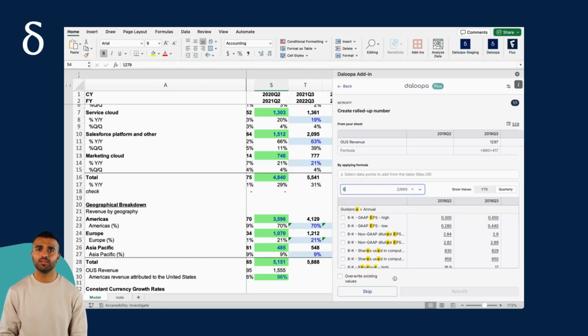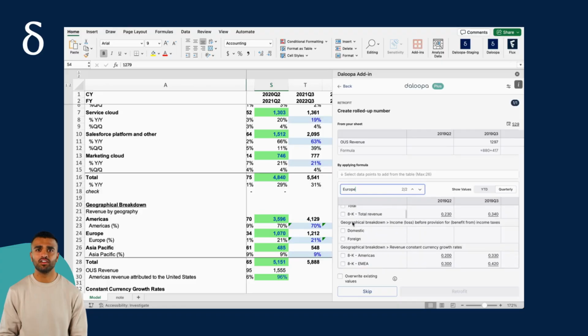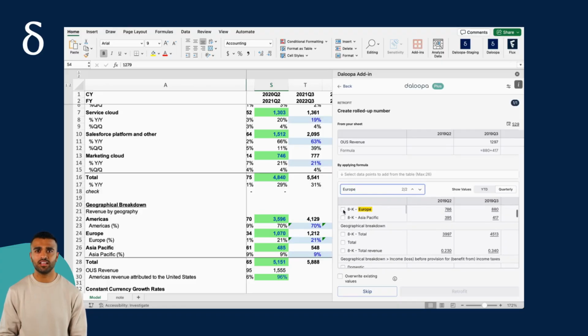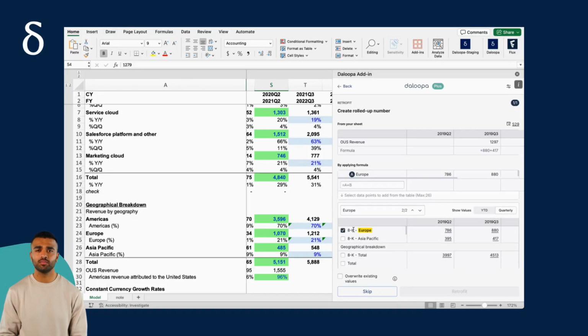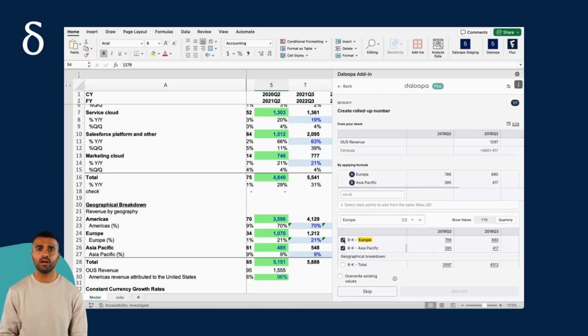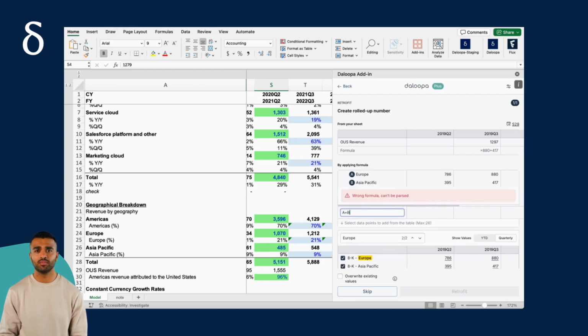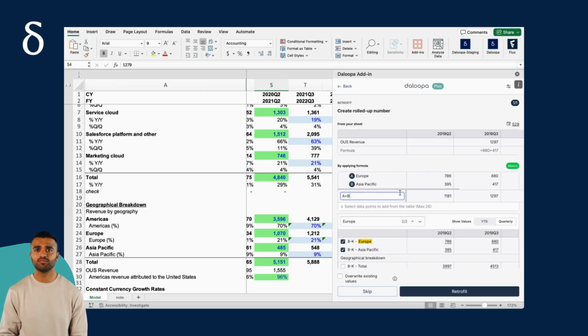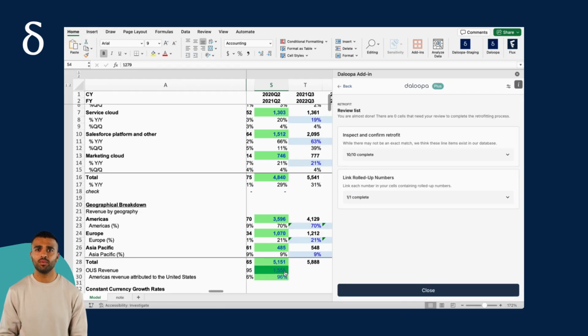We will find our first input, which in this case is Europe revenue, and check the box next to it. This has now assigned the variable A to the European revenue data row. We will then find our second input, which is Asia Pacific revenue, and we will check the box which assigns the variable B to the Asia Pacific revenue data row. Then we will apply our formula to the two inputs. In this case, it is Europe plus Asia Pacific, or A plus B. And after we write this formula, we can click Retrofit, and now our rolled up number is properly hyperlinked and